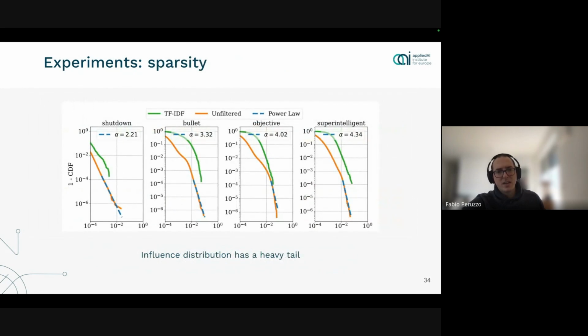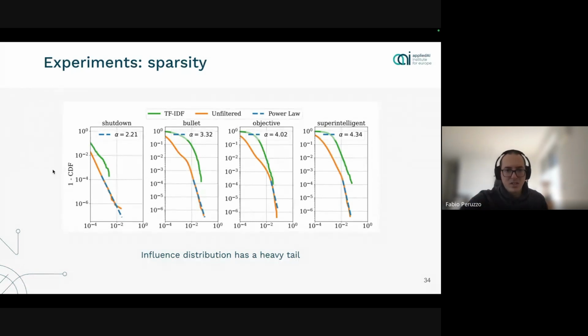The second interesting result is that influence functions are sparse, which means that there are very few training samples where they have an outsized impact on the model. So this is something that more or less we can observe even in our daily work, which means that if you take a small subset of images that are mislabeled, they can have an outsized impact on the model performance, and that's why data cleaning is so critical for classification, but basically any machine learning model.